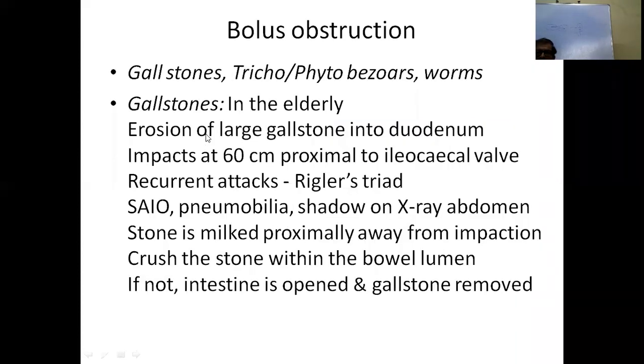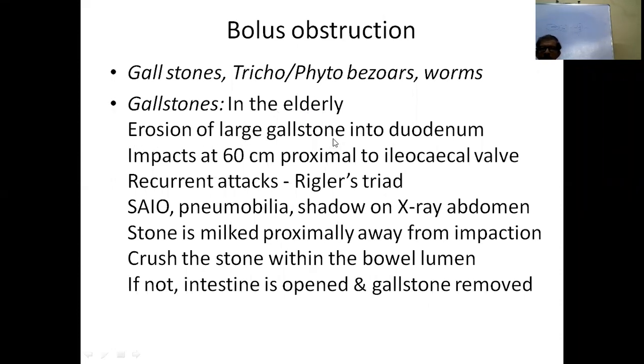So then there is another entity called bolus obstruction. What is this bolus obstruction? That means intraluminally there are some foreign bodies like gallstones, trichobezoars, phytobezoars already in the stomach, we have known about them. Then worms also, ascaris. So coming to gallstones, in the elderly, because the duodenum is thin, there is erosion of large